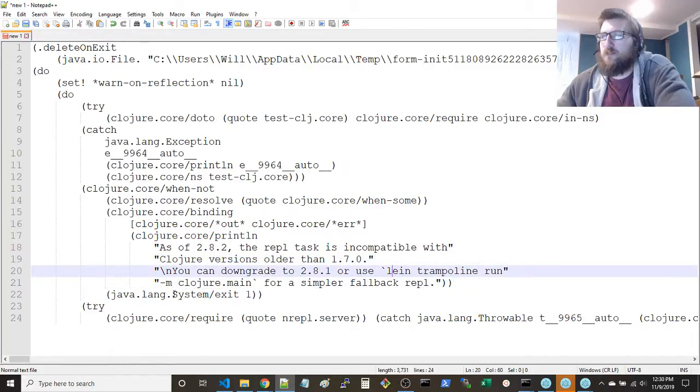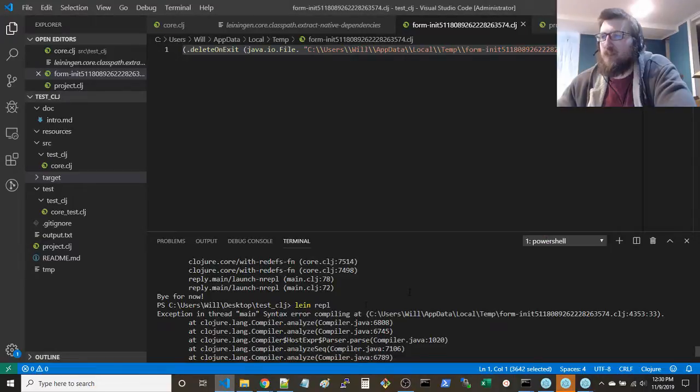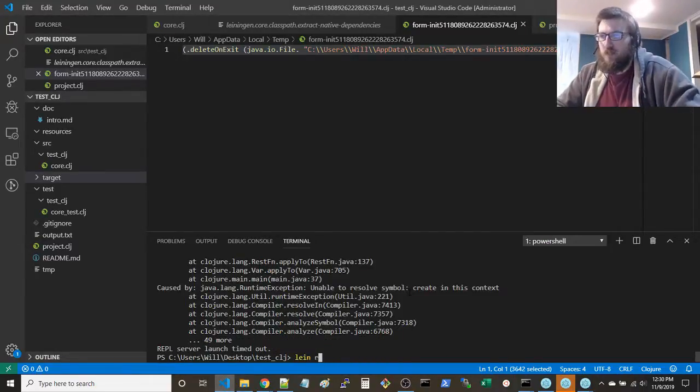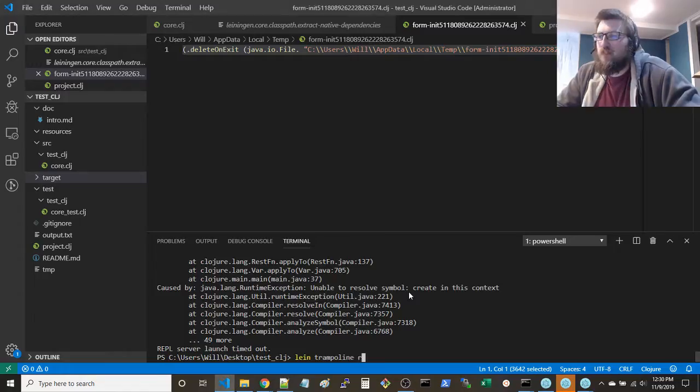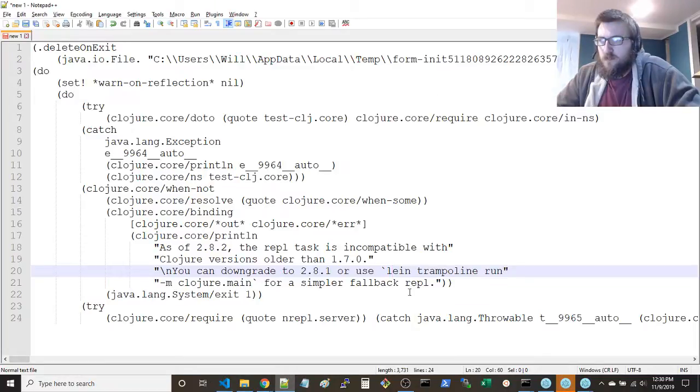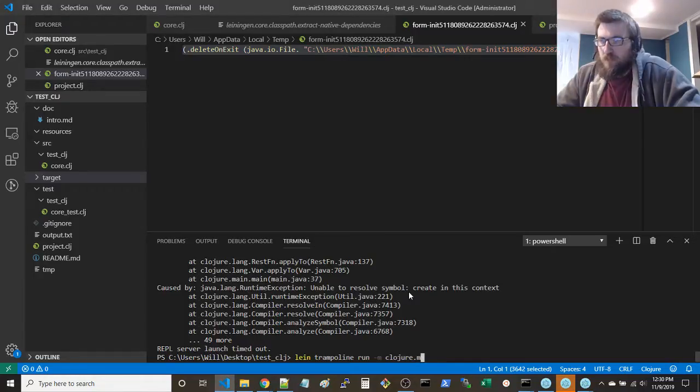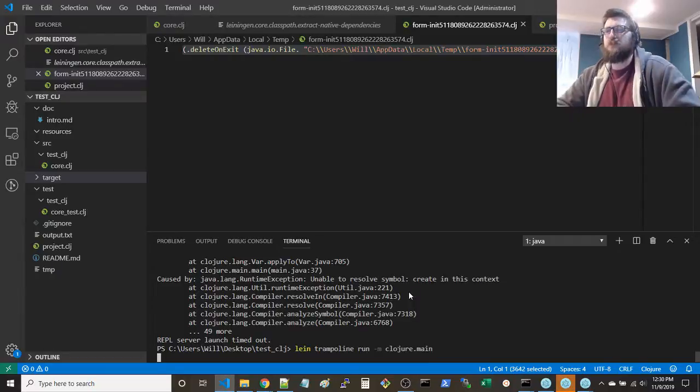So line trampoline run M Clojure main. Let's try that. Let's see what happens if we do that.